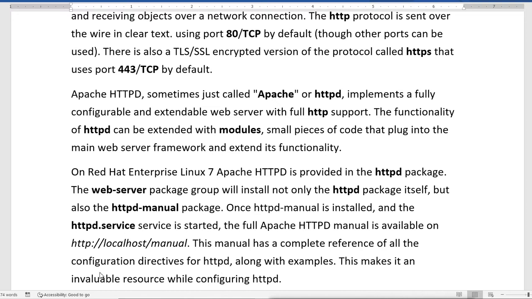This makes it an invaluable resource while configuring HTTPD. So when we install the HTTPD manual package, it comes with the whole manual for the configuration of Apache HTTPD, and it is available when the HTTPD services are running. We can access it by using this URL.